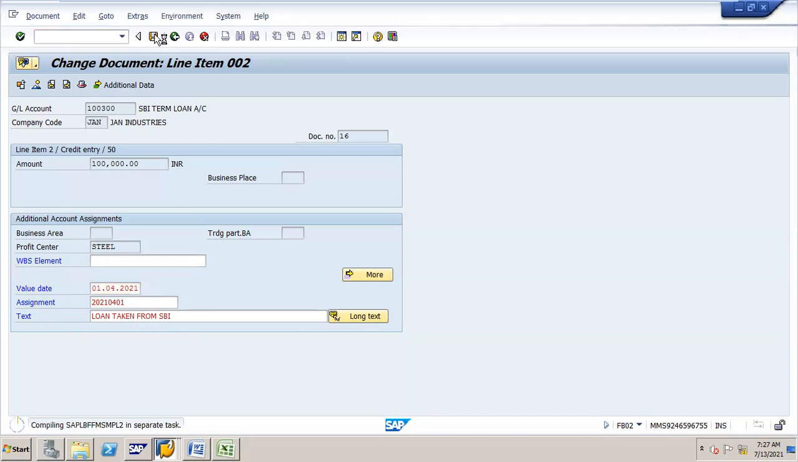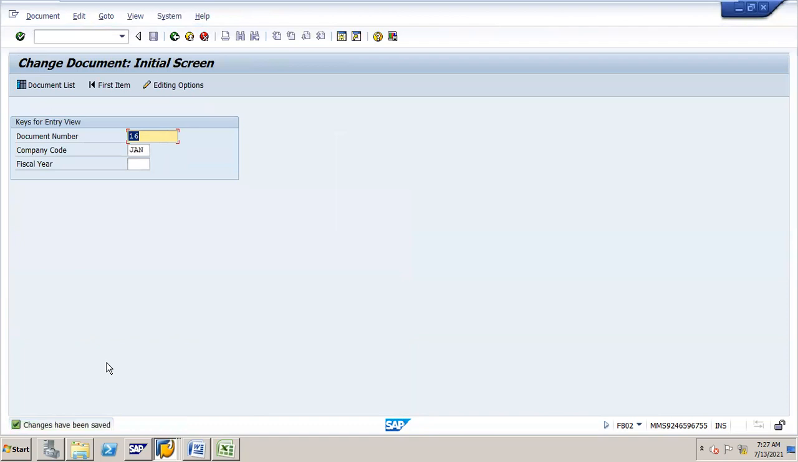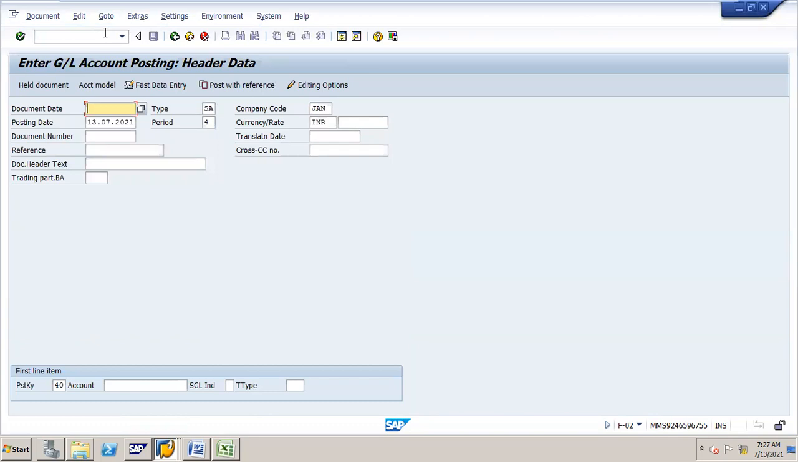Okay, now I have taken the loan on April 1st. If I did any mistake also, I told you, not only now, anytime if you have any mistakes, any text you wrote wrong, you can come to FB02 and change it here. Okay, I've taken the loan on April 1st. Okay, next, in the same screen FB02, what I'm doing, I am going to